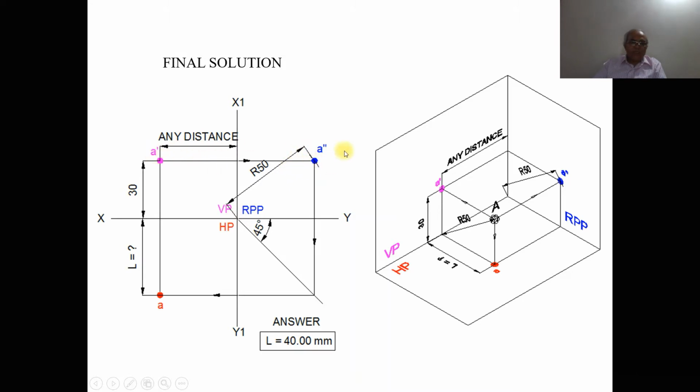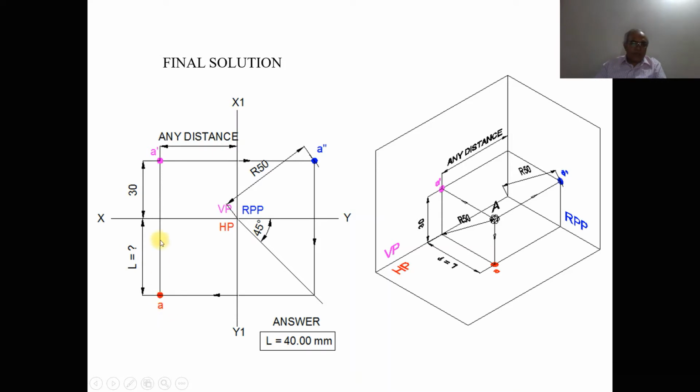As we know that both A dash and A double dash will be on the same line, you get this point. Then since in the top view HP is down, draw a 45 degree line adjacent to HP, and draw a vertical projector from A double dash to the 45 degree line. From here draw a horizontal projector to HP, and draw a vertical projector from A dash to HP. Both these lines intersect at this point and you mark this point as small a.